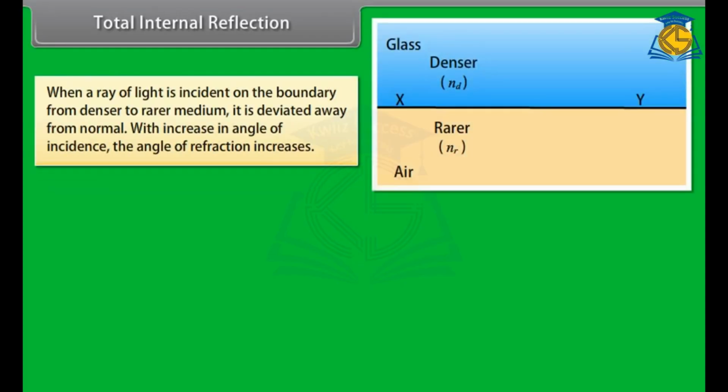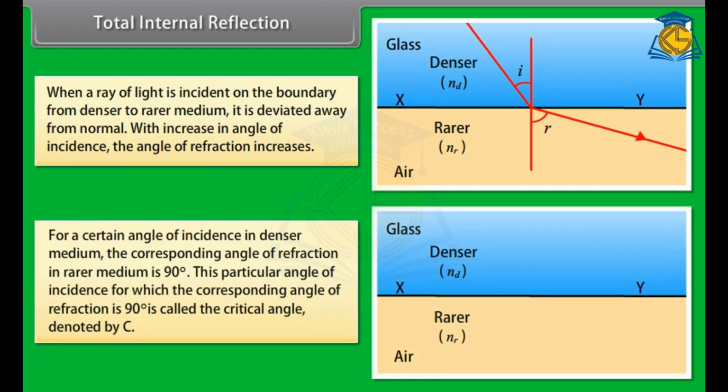When a ray of light is incident on the boundary from denser to rarer medium, it is deviated away from the normal. With increase in the angle of incidence, the angle of refraction increases. For a certain angle of incidence in denser medium, the corresponding angle of refraction in rarer medium is 90 degrees. This particular angle of incidence, for which the corresponding angle of refraction is 90 degrees, is called the critical angle,